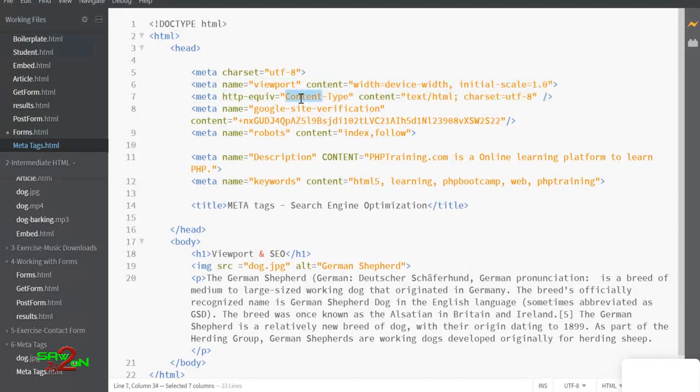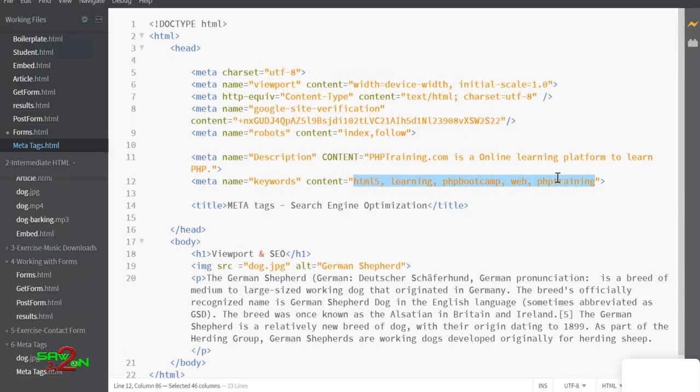Then you have content type to communicate with some other application that's trying to access your page, saying what content type you are using inside this page. For Google to verify, you can mention Google site verification. There are many examples of it. They will ask you to put some tags inside the meta tag so that they can verify your page. Then you can communicate with the robots to say to index this page or to follow the links inside your page. Then description and keywords communicate to the search engine what description you want to show when the search results find your page, and what keywords you are targeting, meaning what is the primary keyword this page is using.